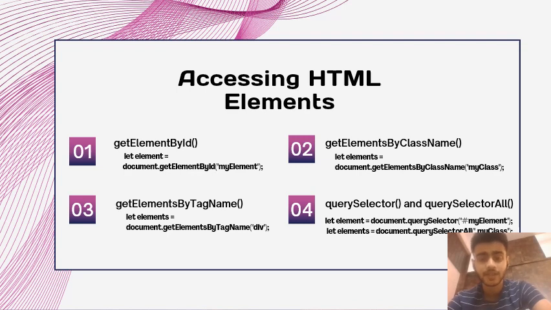getElementsByClassName. This method returns a collection of elements with the same class name. It's useful for performing actions on multiple elements that share a common class. The third one is getElementsByTagName. This method retrieves a collection of elements with a specific tag name, which is handy for selecting elements based on